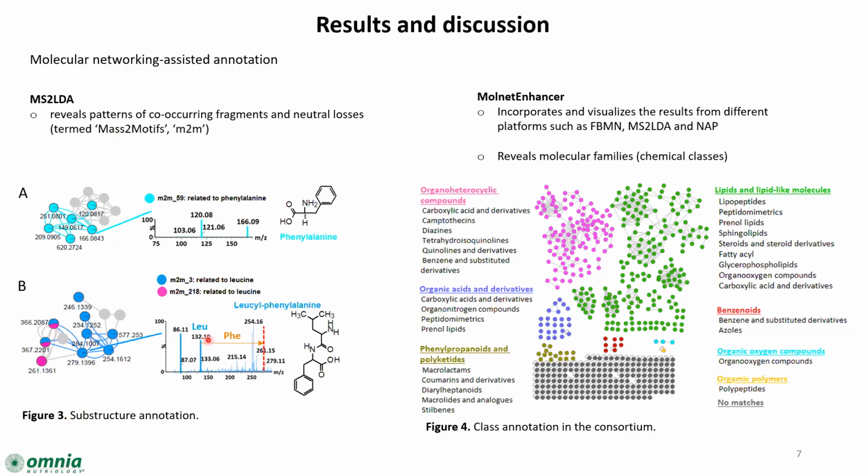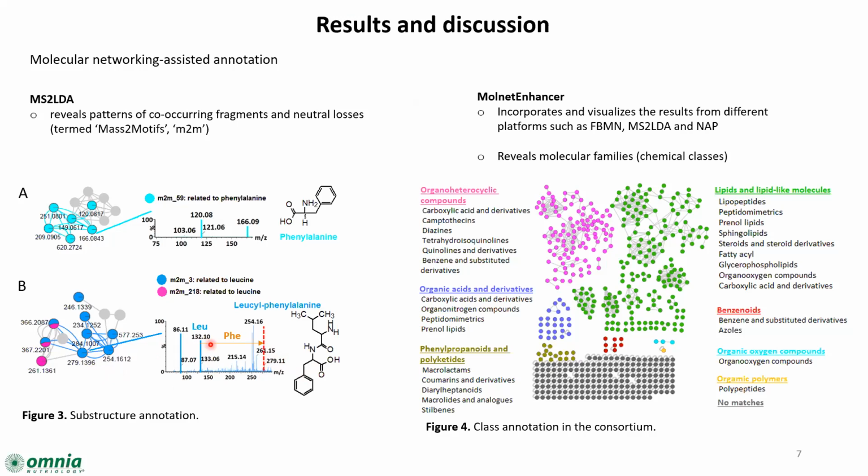So identifying the substructures can help to assign a name to a molecular node. And if we look at this B, this node m/z 279 has a corresponding spectrum over here. So MS2LDA identified the fragment